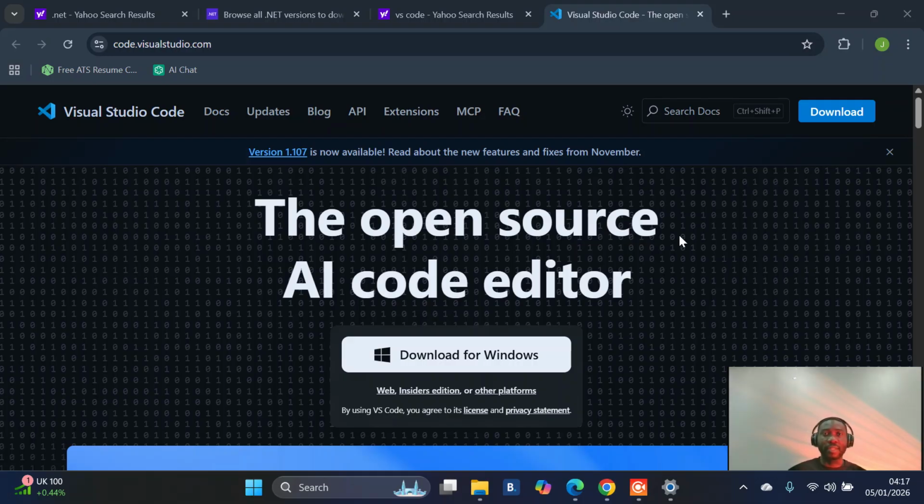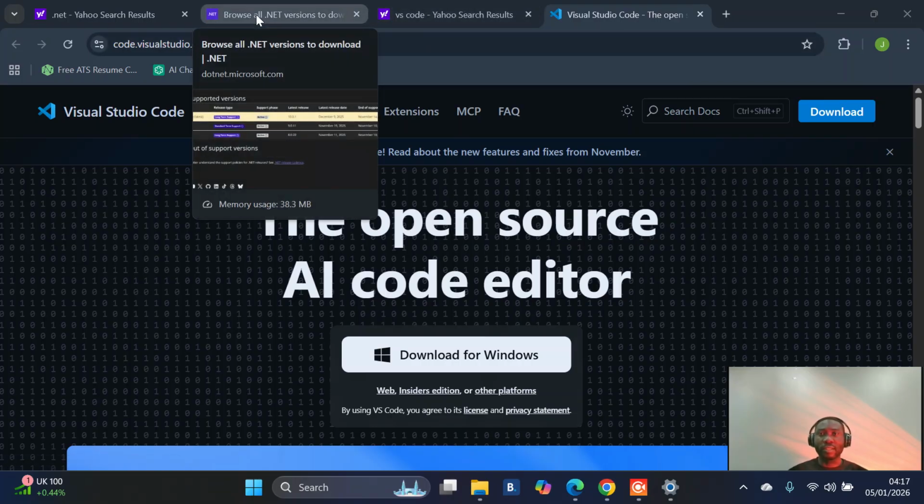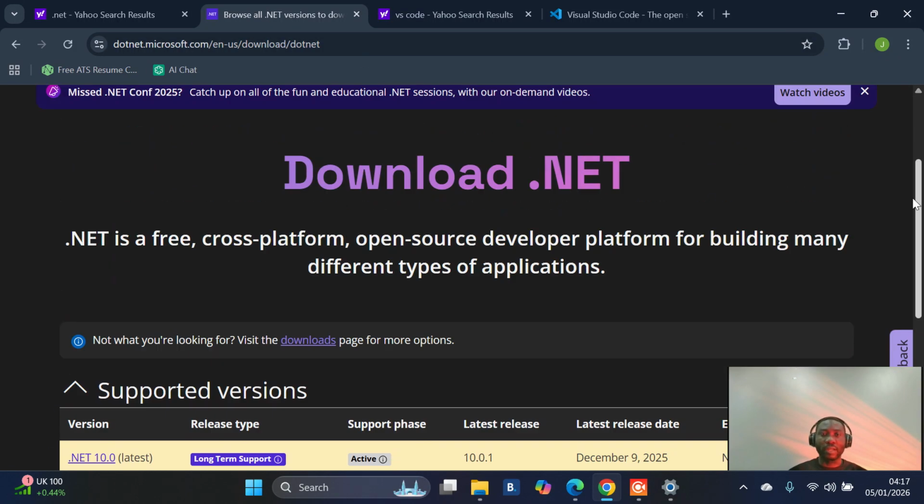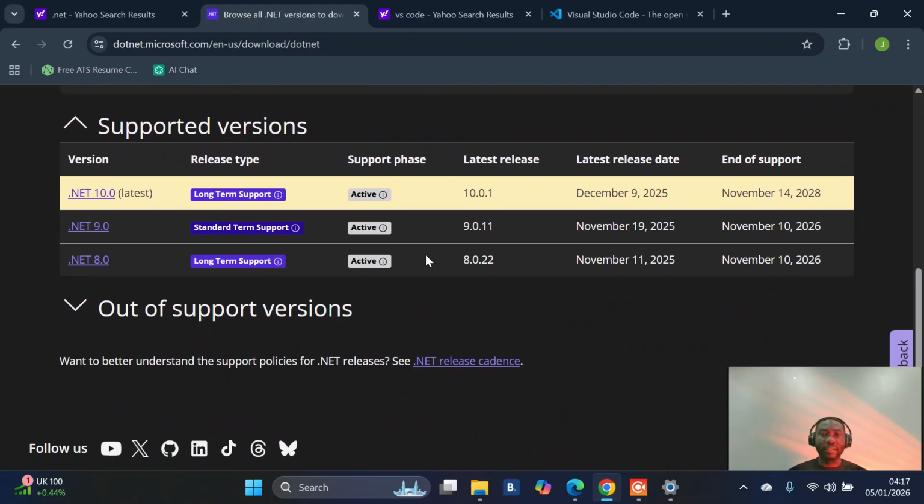SDK, and to do that we go to the .NET web page here, and here we can see the versions. The latest version is the .NET 10.0 version, which was released this last year in December, December 9, as you can see right here. So that is the latest